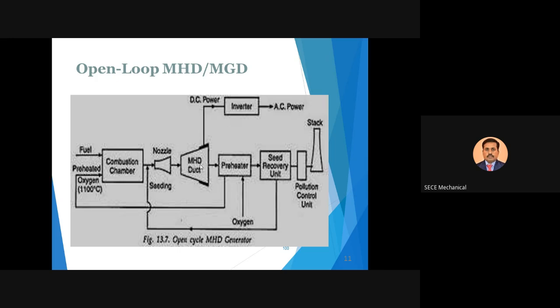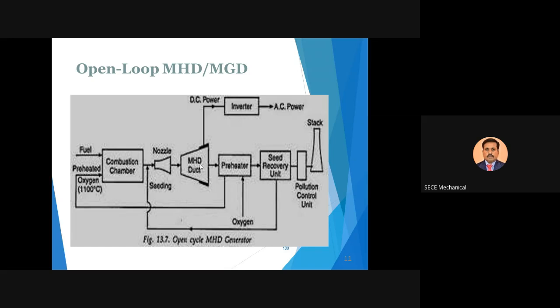That current is a DC current that goes to the inverter. With the help of the inverter, we can convert the power from DC to AC. Likewise, the power generation takes place. After that, the remaining part is exhaust gas that goes to the preheater, which is nothing but a heat